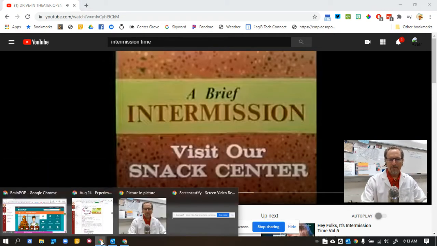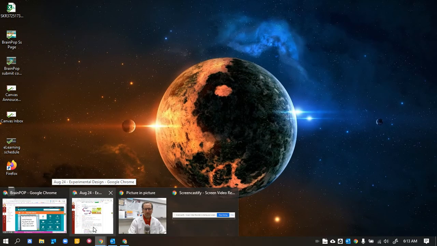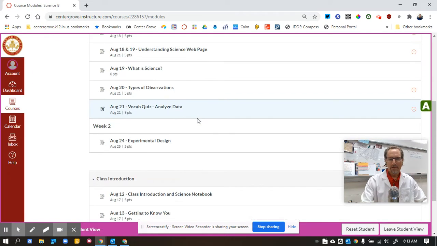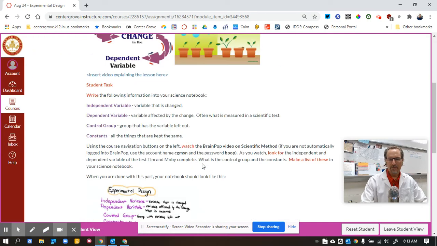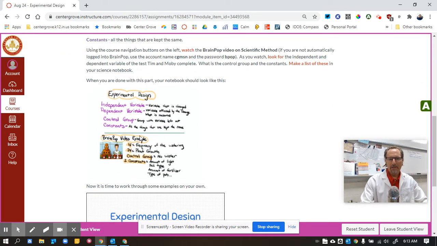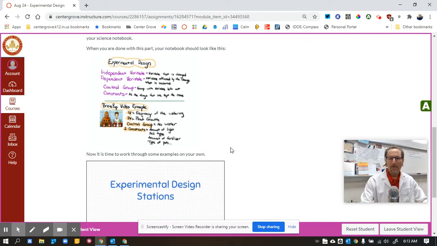Okay, so hopefully you were able to find that information that you needed. Let me get back to the lesson here. So again, I'm going to modules, going to scroll down here, and we're doing experimental design. So I went ahead and put an example of what your notebook should look like by now. So you should have your definitions that we outlined at the top here, and then the Brain Pop video examples,